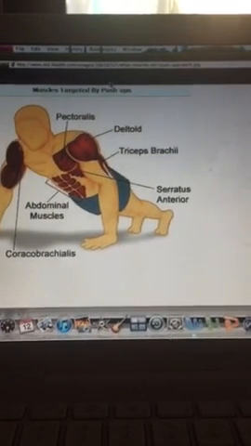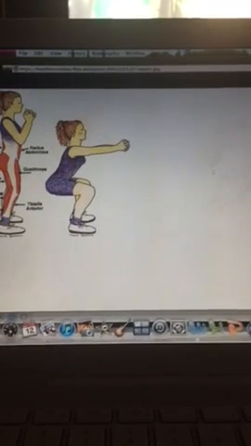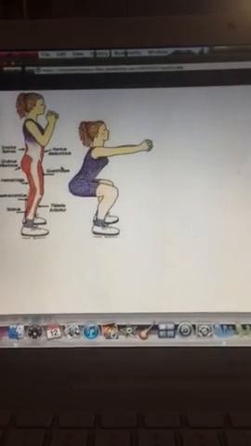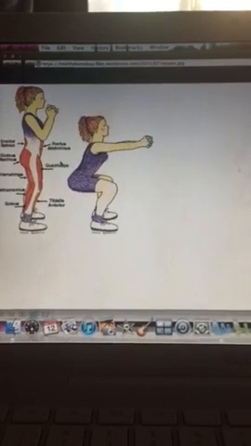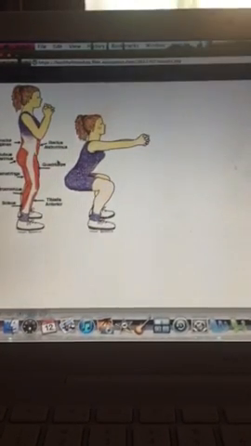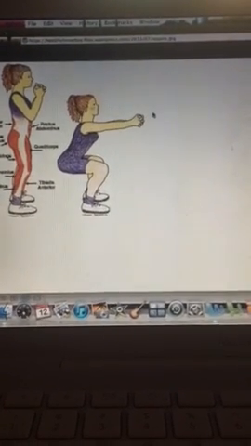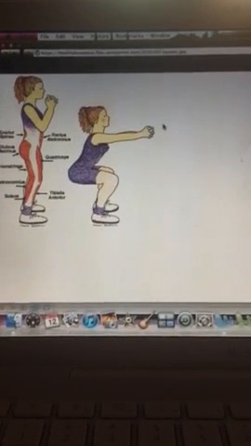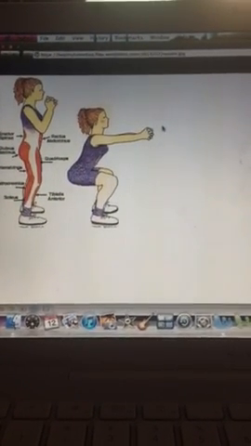Another example would be sit-ups. So the same thing, the muscle groups are given, and the question is asked about that specific movement and the specific muscles that are used. And when we are done, we will get back into our groups. We will go ahead and get into groups of 4, and you will share your